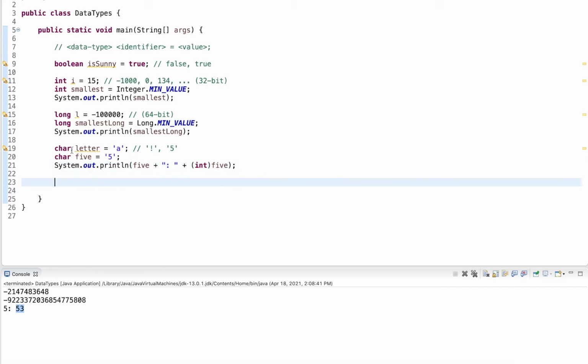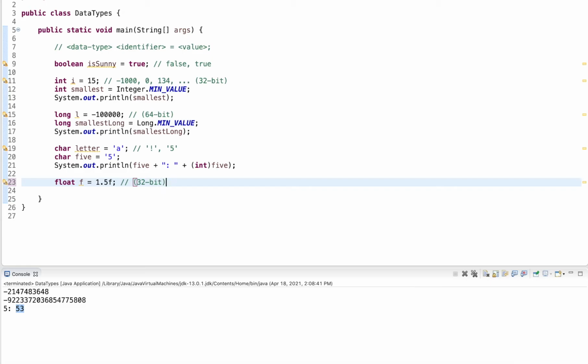Now, with all these, there are also floating point numbers. So float, for example, can represent a fractional value such as 1.5. And this one, again, oh, I missed the f. So whenever we have a float, we have to append the f to that number to mark it as a float. And this one is